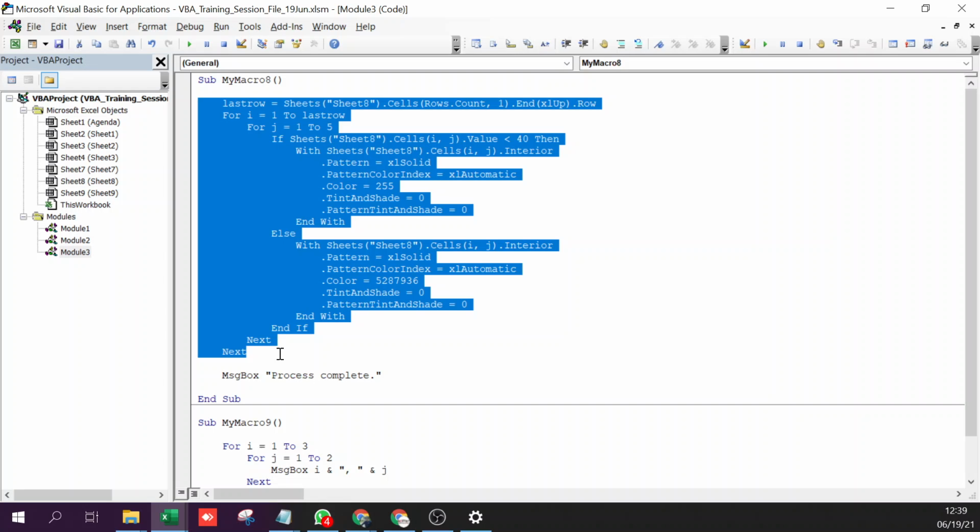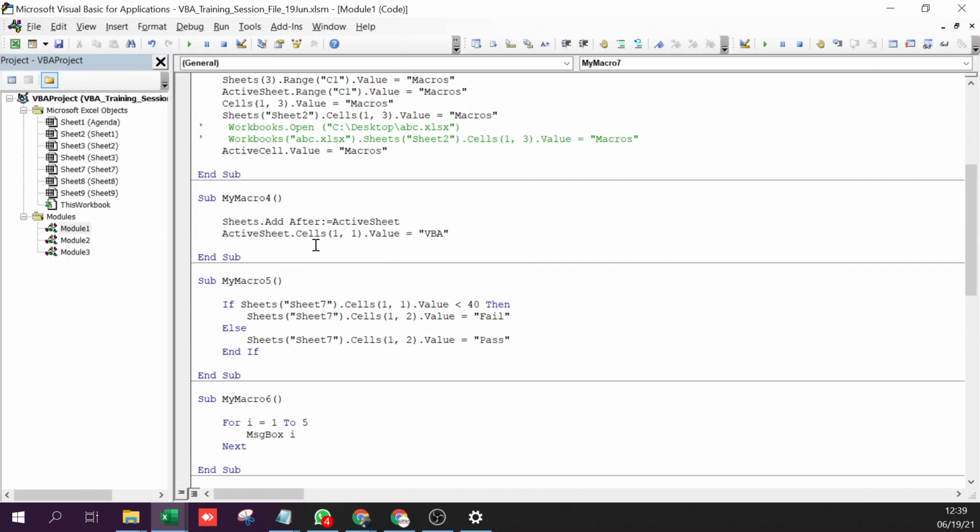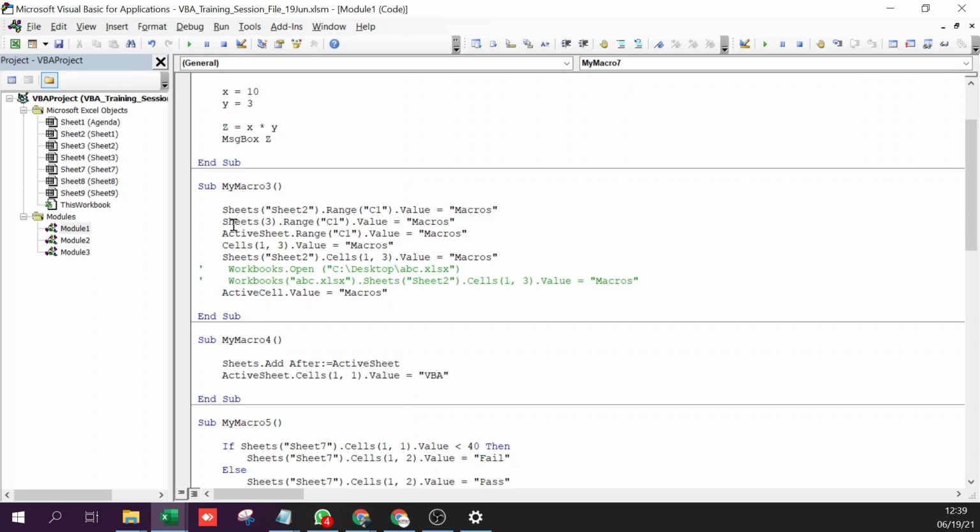Anybody else? Okay, create a loop for sheets. Yeah, so you guys are getting there. Sheet I equal to sheet 8, kind of. Okay. You remember that in the Excel objects part, we also learned that there is this way to write the sheets, right? The index number of the sheet. This is what you use if you have to loop across sheets. This, trust me, is very important.